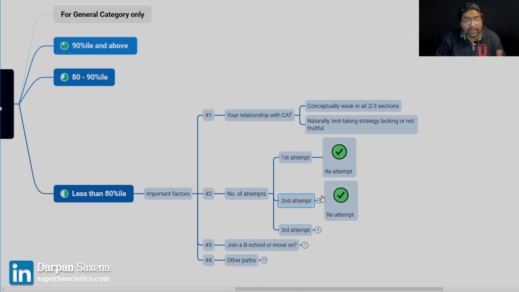Give it another shot. Again, a lot of people might ask me that आप second attempt में भी re-attempt करने का क्यों कह रहे हो, उसमें क्या आपका कुछ personal interest है? ऐसा मेरे पास comment आते हैं. CAT is not an exam, CAT is not UPSC. You can re-attempt it even with a job. So even if in the second attempt you are somewhat around 70 percentile, I don't know, you can still give it a third attempt. It's no problem.